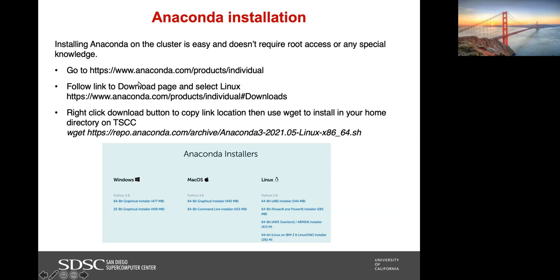Okay, here is how you would install Anaconda. First, we need to go to this particular URL. Then there's a download link from which you select Linux version. And then you download this particular one, which is the latest one that is present once I tried it out today. So this is the latest one. Now, once you do a wget,